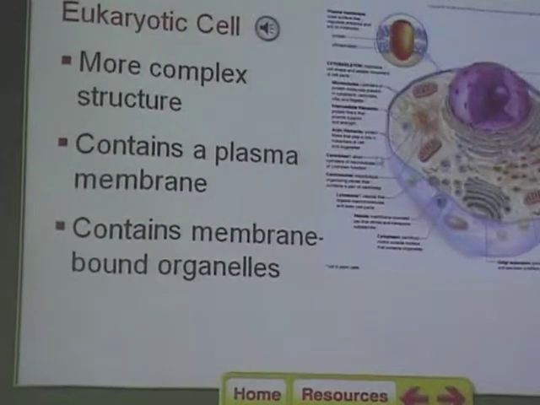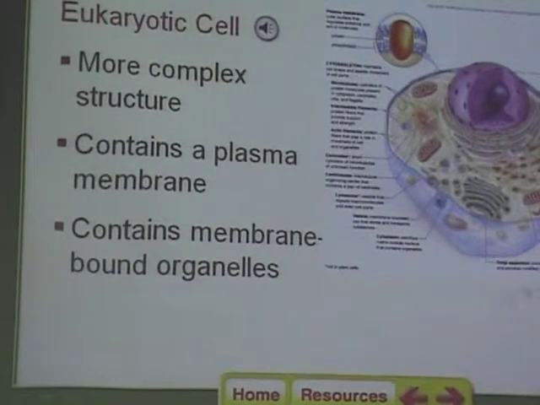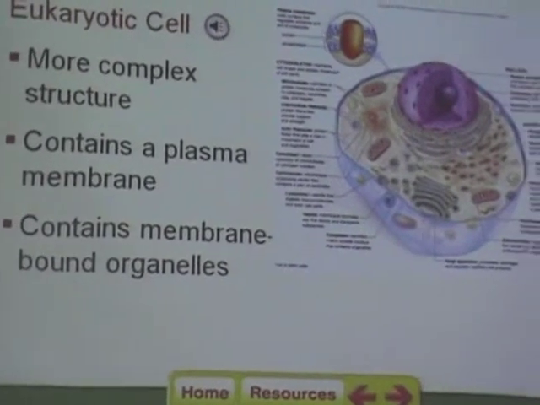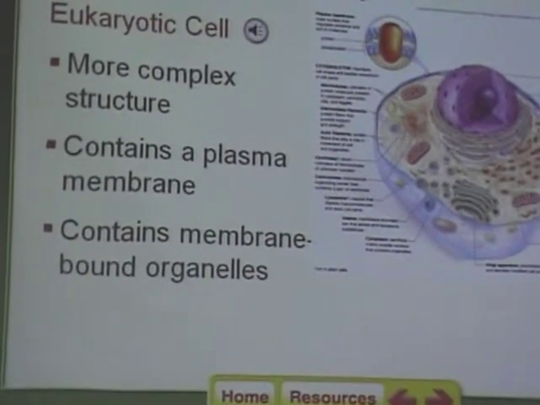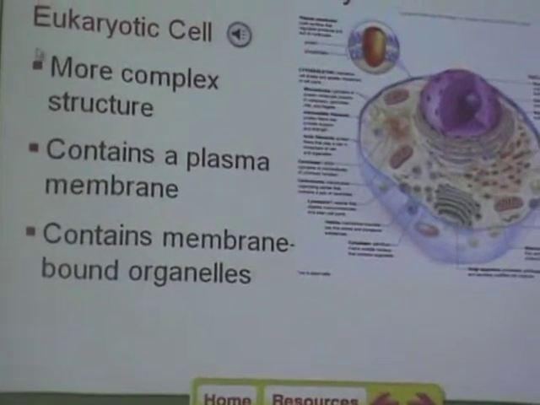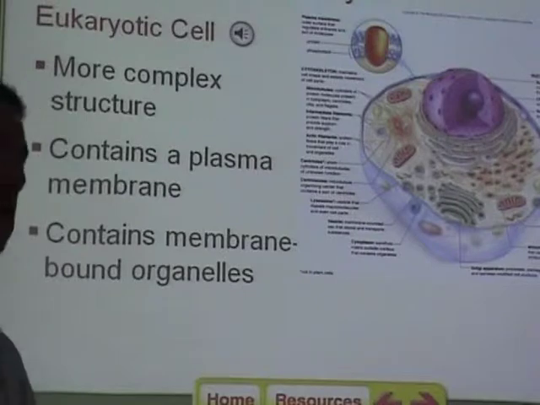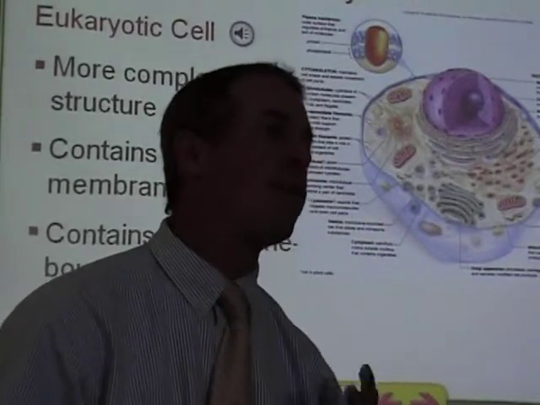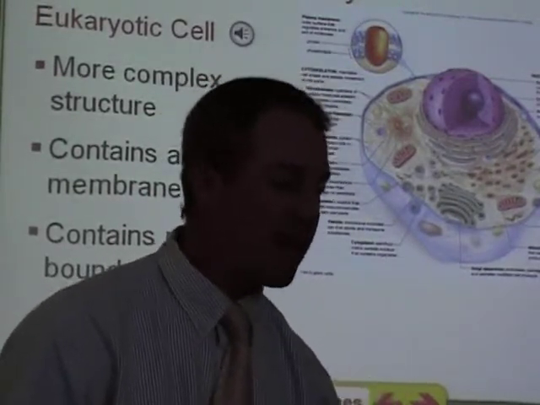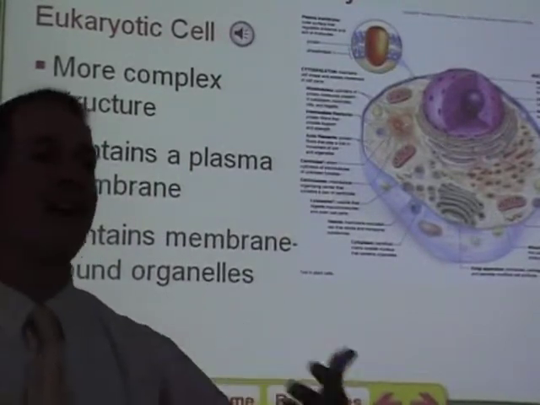Now, the eukaryotic cells are very complex, bigger cells with a lot more stuff in them. And eukaryotic means true nucleus. Eu means true, karyo means nucleus. It does have a nucleus. All of your cells are like this. Plant cells are like this. Protist cells, fungus cells. These are organisms that are more complex and came about much later in the history of